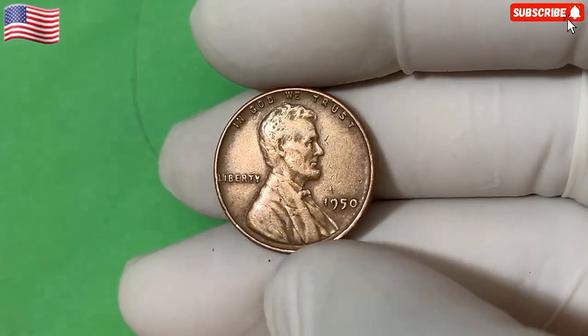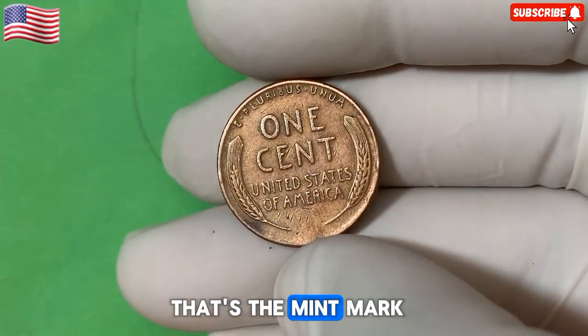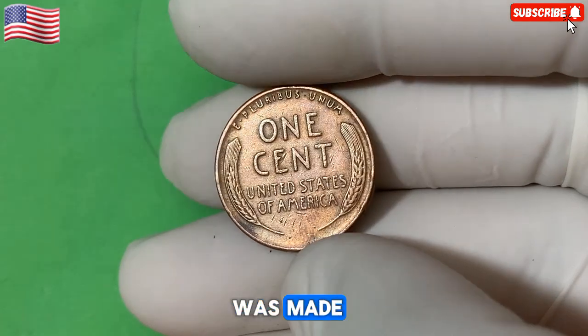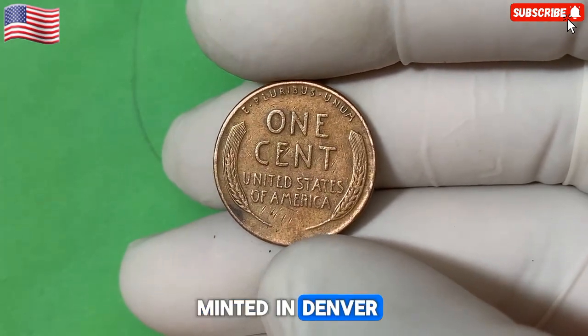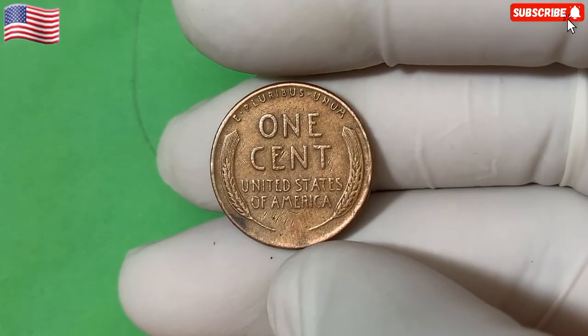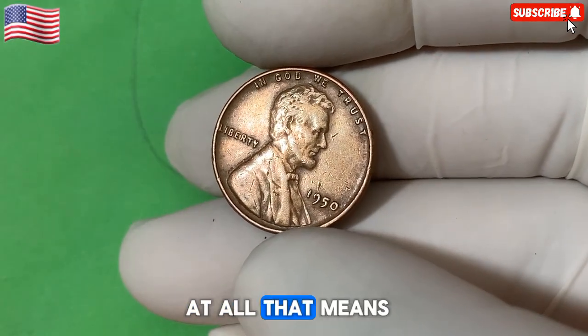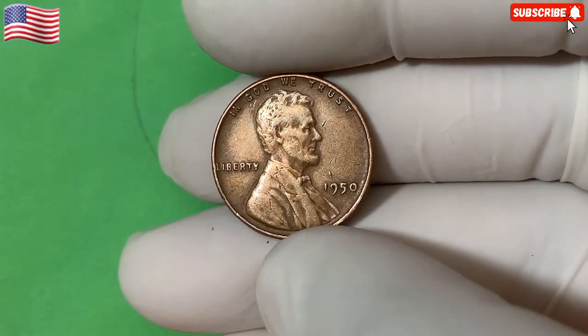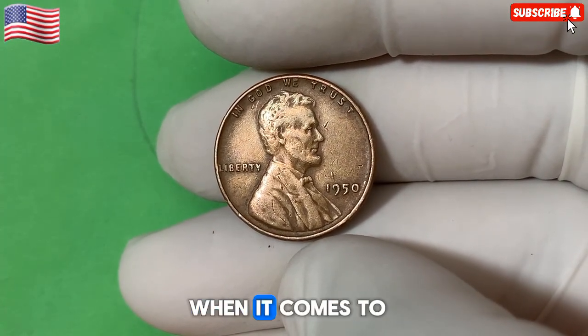And if you look closely just beneath the date, you may see a tiny letter. That's the mint mark, which tells you where the coin was made. Now, if you see a D, that means the coin was minted in Denver. If there's an S, it came from San Francisco. And if there's no letter at all, that means it was struck in Philadelphia. Believe it or not, that one little letter can make a world of difference when it comes to a coin's